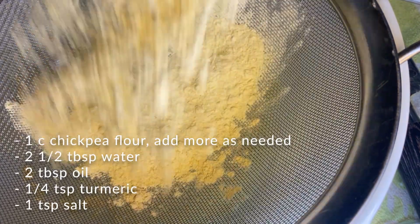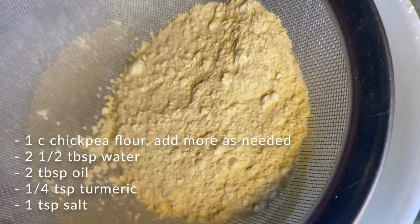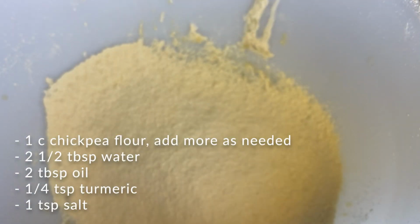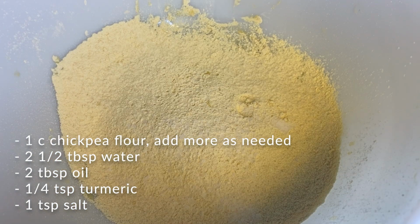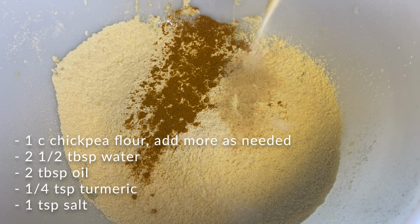And then right here, this is going to be for your chips. I'm using chickpea flour. You can find that at your grocery. If you can't find it at your grocery store, they got some that you can get on Amazon. So you want to make sure you sift that through the thing. I forgot what that tool was called. My bad, y'all. And then you just want to mix in all the seasonings that I got listed, the oil,